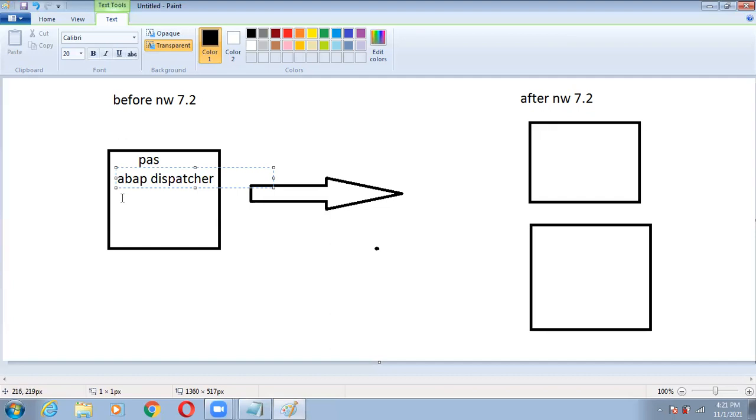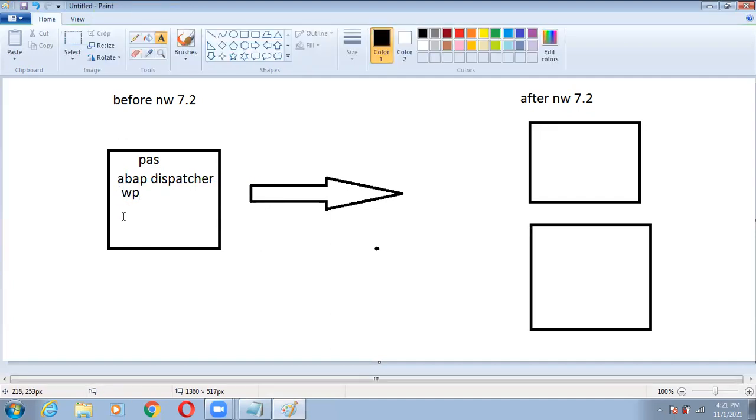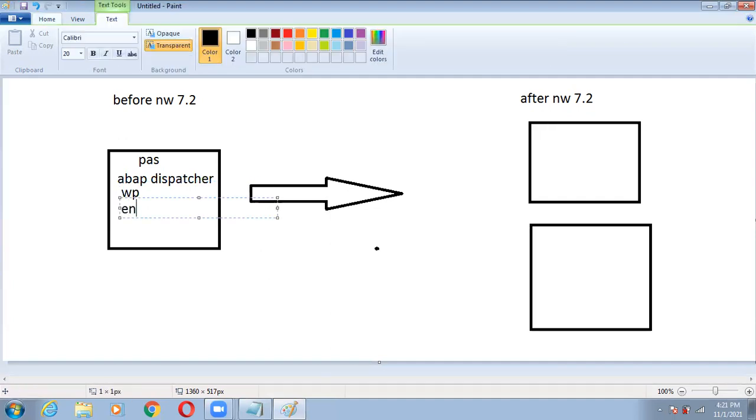Then we have work process, then we have the enqueue work process, which we are discussing right now.